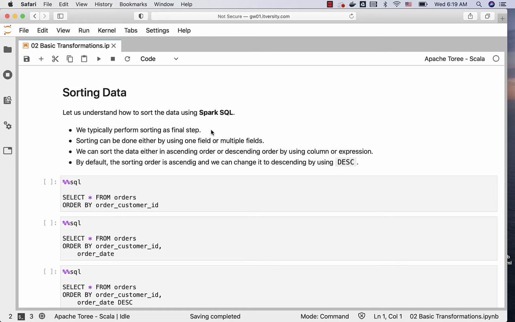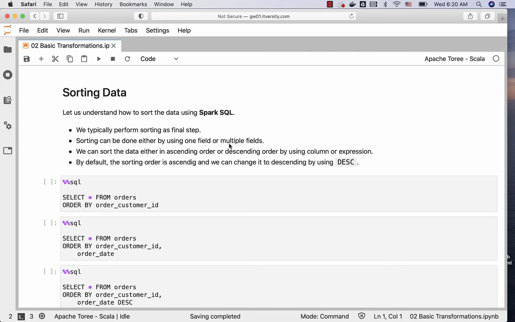When we connect the BI tools to the dataset and try to visualize using this dataset, from the BI tool we might have to sort the data and present the data. However, for analysis purposes, we might have to run queries with order by or by sorting the data. For that reason, we should be very comfortable with the syntax and semantics of sorting the data.